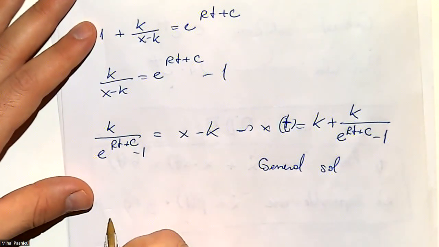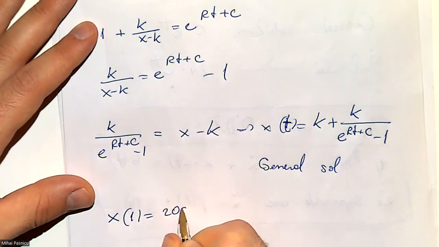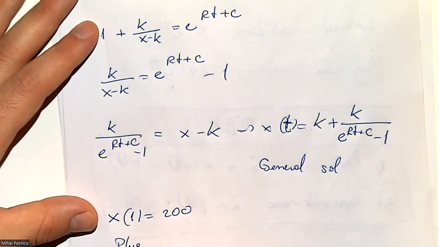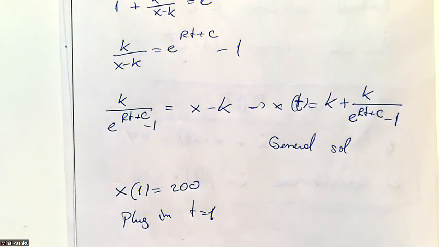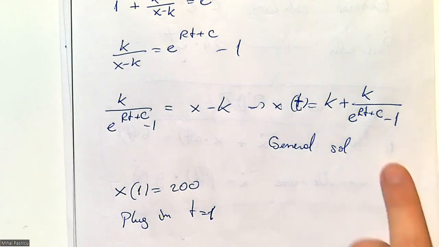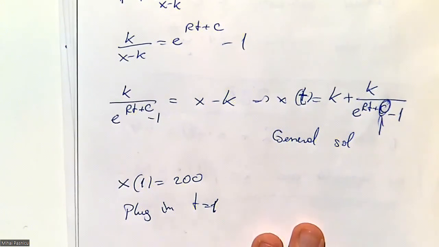If I wanted to check x of 1 is equal to 200, just plug in t equals 1. I'm not going to do that. If you got the idea of what you need to do, then just don't do it, because you need to get the c out of here. That's going to be a little bit of computation, but that's beside the point of how to solve